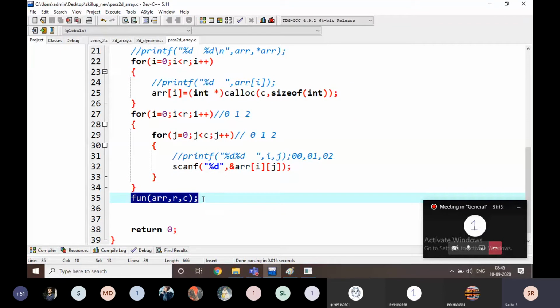In the function call, I am going to pass ARR. And what is ARR here? ARR is not an integer value. That is not an integer address also. What is that here?